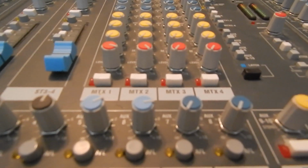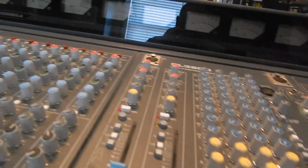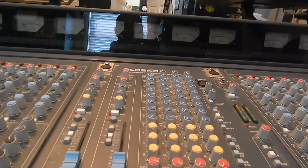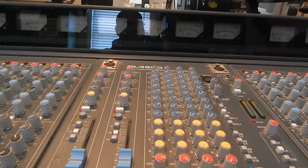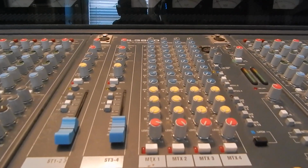It's, you know, pretty easy once you get all the levels set up in the matrix out. And then once you do that, you'll start to see the signal in your DAW. You'll see the signal in your DAW. And once you start to see the signal in your DAW,